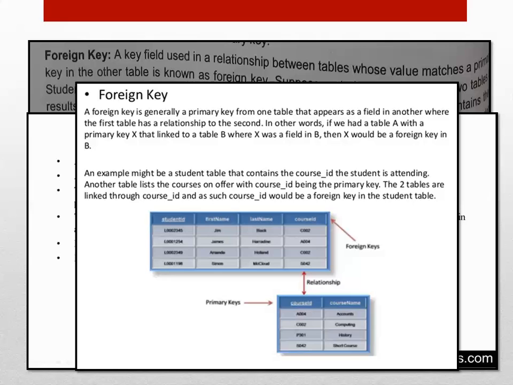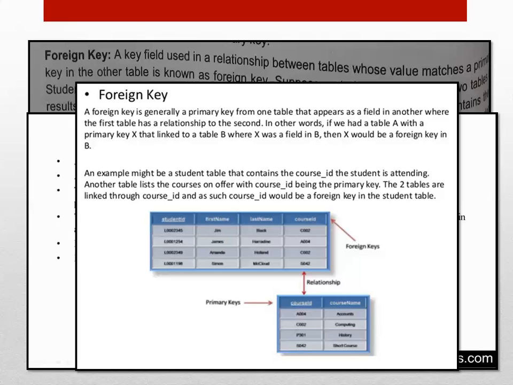The following diagram on your screen shows the relation. Suppose here we have student ID, that is a primary key in one table, and when we are using that student ID in the next table, the first table is a parent table. The parent table uses a primary key, the roll number or student ID. You can call it roll number, student ID, registration number. If you use this attribute in the child relation, it is used as a foreign key. It refers to the roll number attribute in the parent relation.